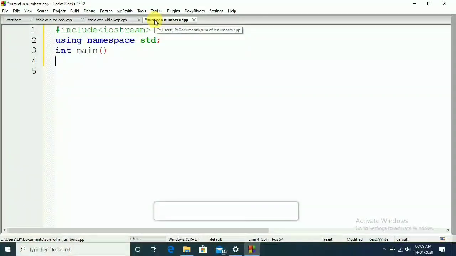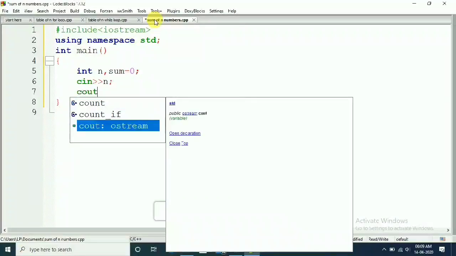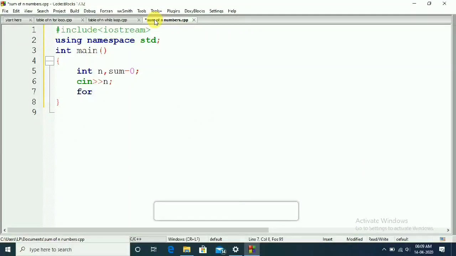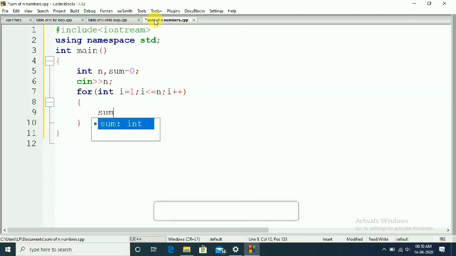Okay, so now what I want to do is calculate the sum of n numbers. So I'll have n, and I'll have this variable sum equal to 0. I'll take the value of n as input directly. I'm not writing any statement here saying enter the numbers, because obviously n is the number up to which we want to calculate the sum. And now we'll directly move to the for loop: for int i equal to 1, i less than or equal to n, i plus plus, sum equals sum plus i,